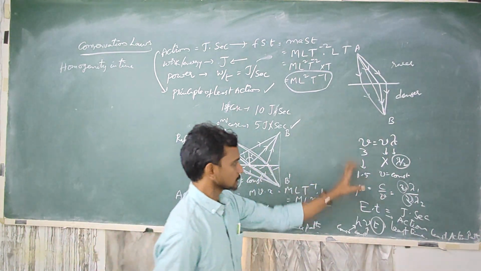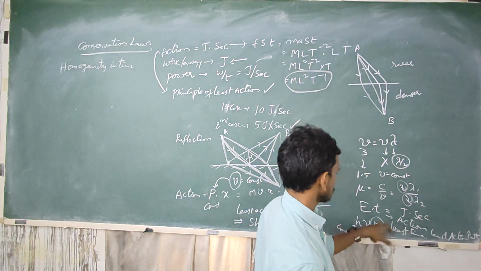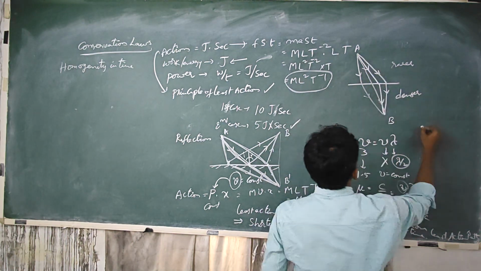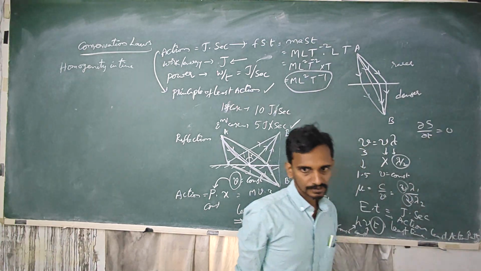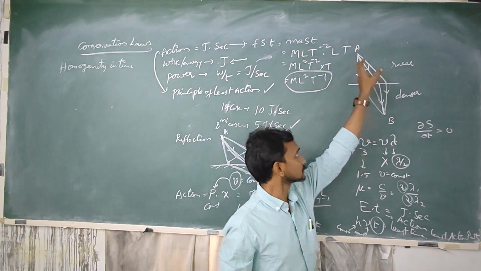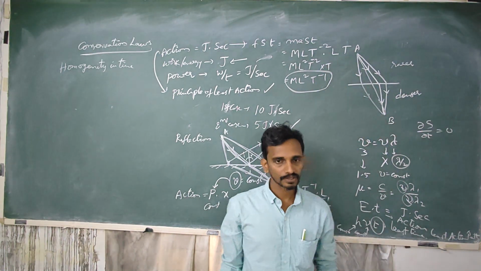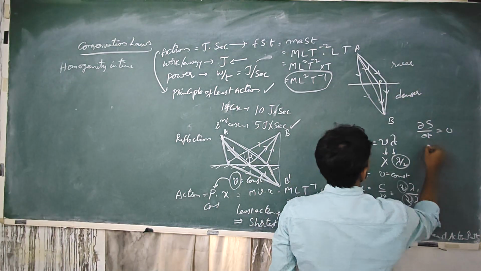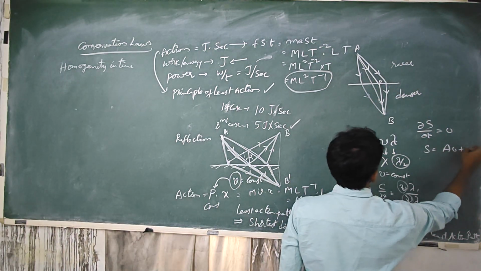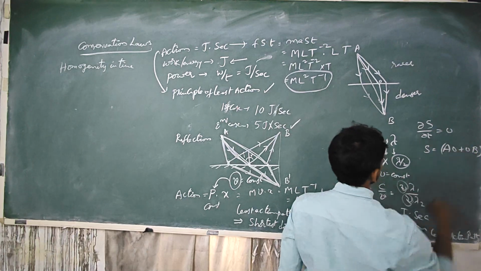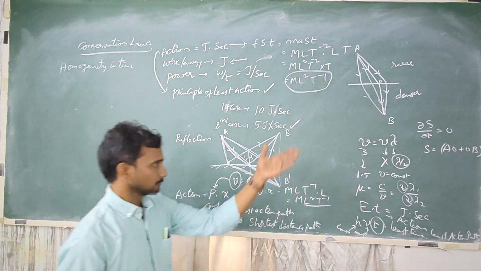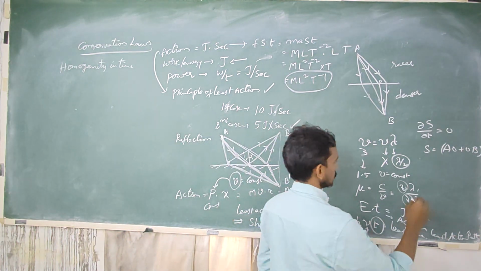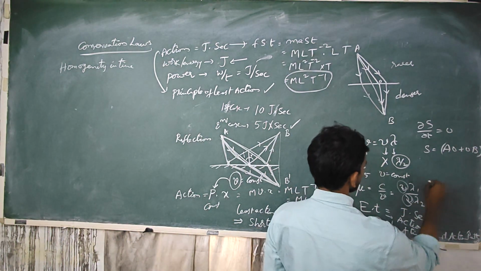If you choose the condition for shortest time, like dou s by dou t equal to 0, where s is the displacement from A to B, let's say s is equal to AO plus OB, the distance, and you continue the derivation,